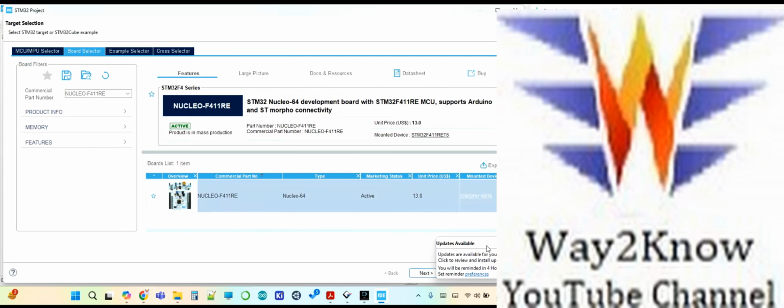It opens up the target selection window as was explained in the previous video. This is how the target selection opens up, and as we did in the previous video, go to the board selector. As we said, always ignore this. Once the board selector opens up, as we did previously, Nucleo and F411RE is ours. Click on it,